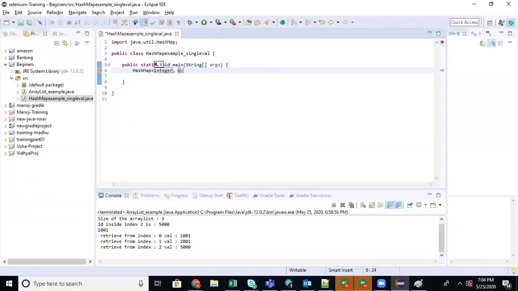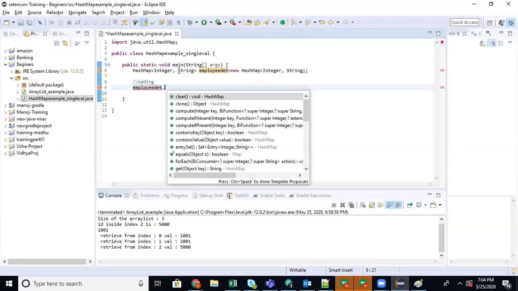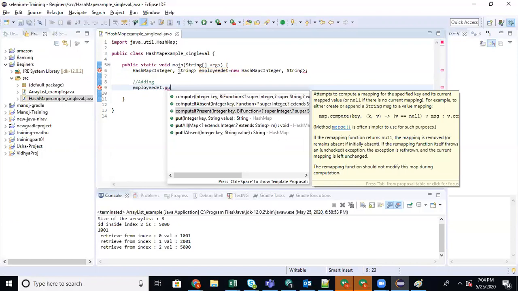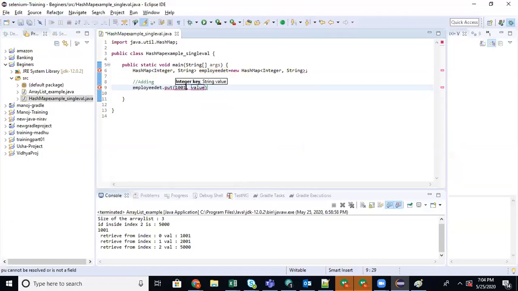I'm going to take integer as a key and then the value as a string. Hash map name I'm giving as employeeDetails equal to new HashMap of this thing. So this is how you declare. Next is adding. How to add an element is hash map name dot put, key I'm giving as 1001, value is ABC.